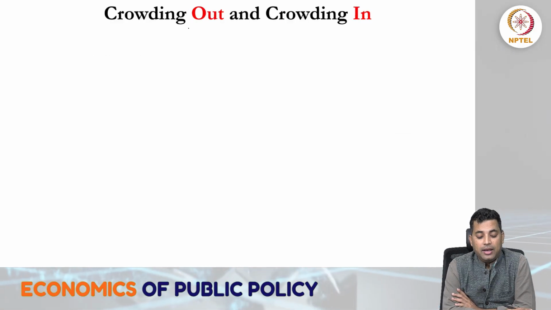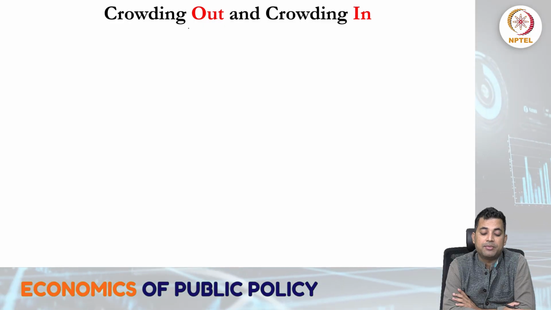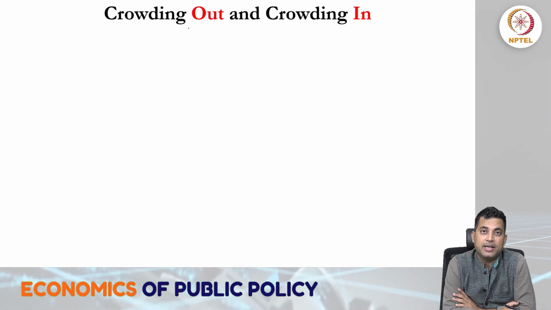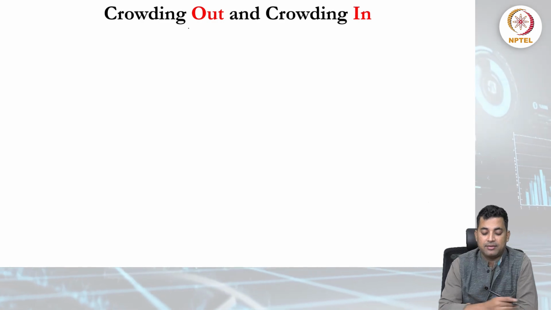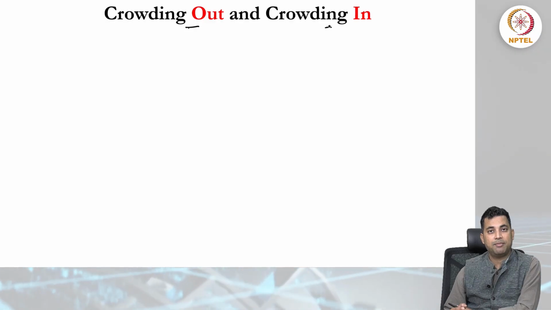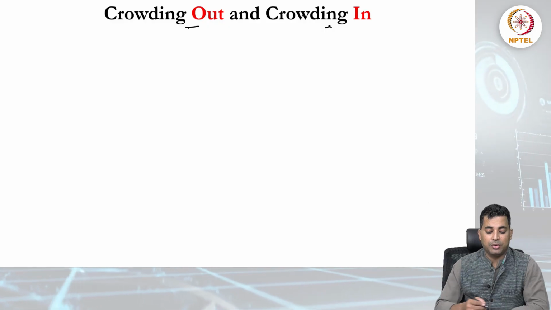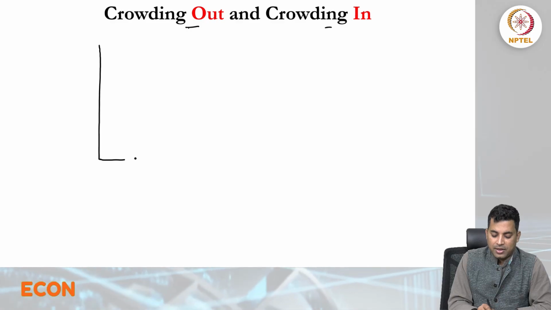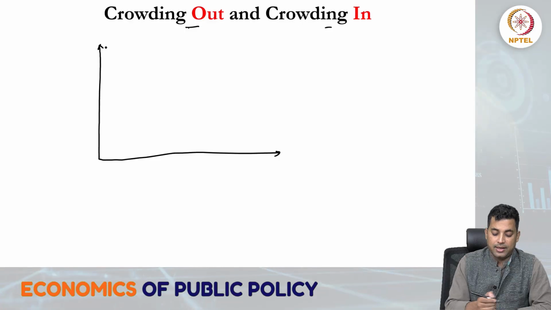So in the aggregate demand context, especially from the fiscal policy perspective, two points are very important when we talk about public policy in the case of demand, savings and investment. One is crowding out, the other one is crowding in. So here it depends on how government expenditure is spent and how private investment is spent. Let us assume, since we have already introduced the concept of investment and also the concept of rate of interest,